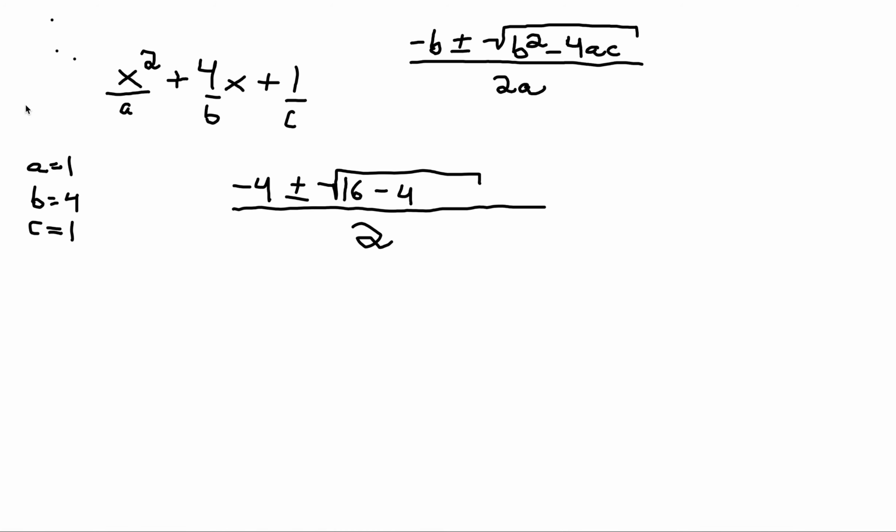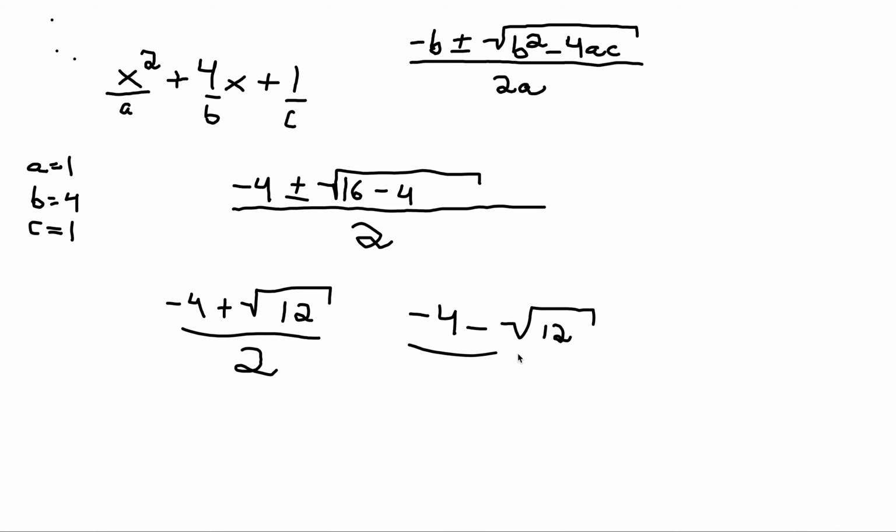So you may be saying that there's only one solution here. Wrong. This plus or minus means you do negative 4 plus this, divided by 2, and negative 4 minus this, divided by 2. And those two answers we get will be our two solutions. So let's first do negative 4 plus the square root of 12 over 2, and then negative 4 minus the square root of 12